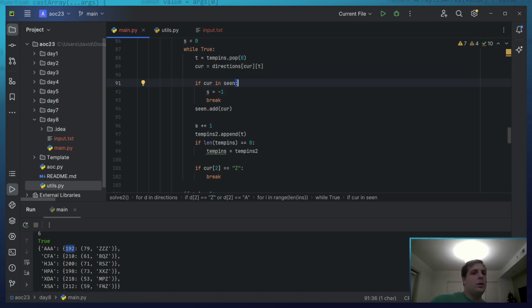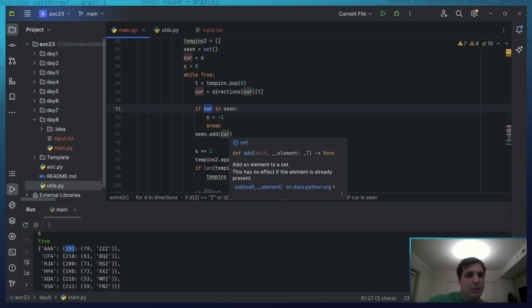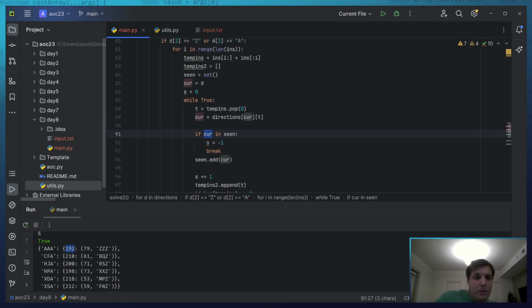Oh, this is bad. I made a mistake. I don't care if it's just current and seen, but S and current. Phase is just as important.